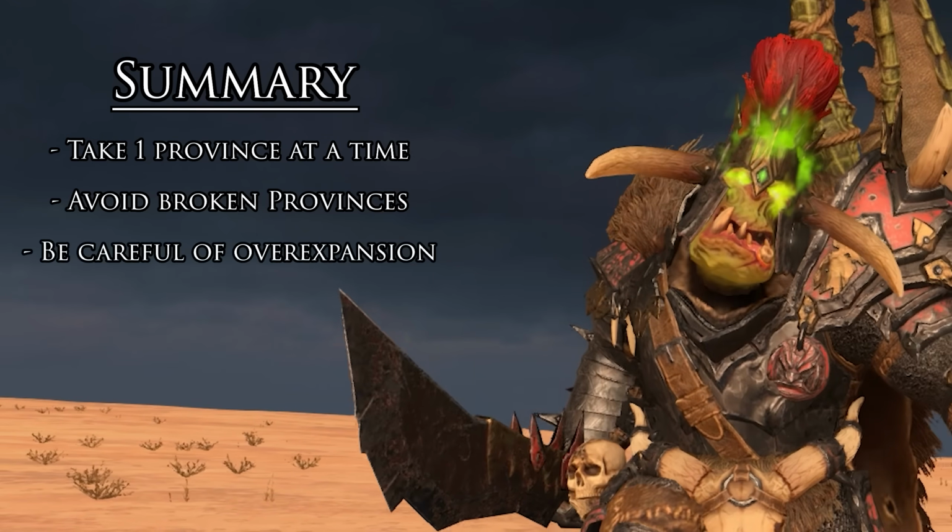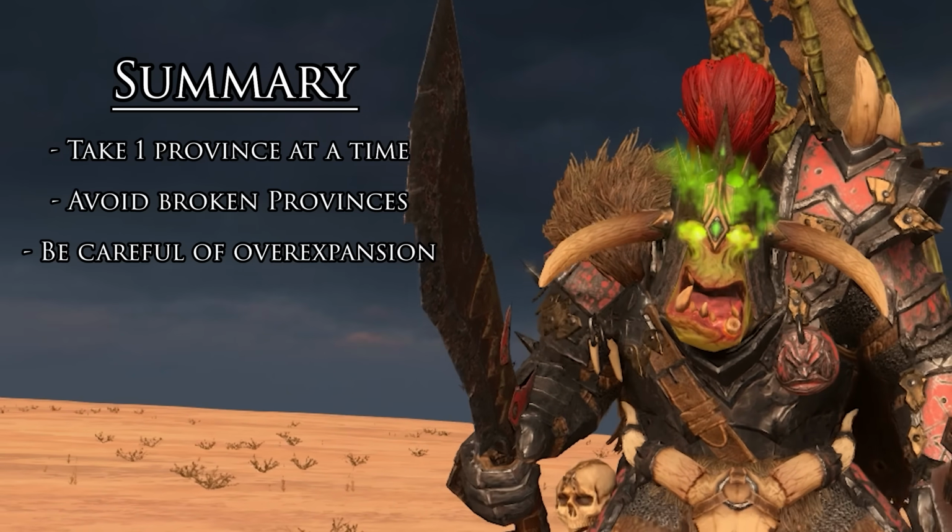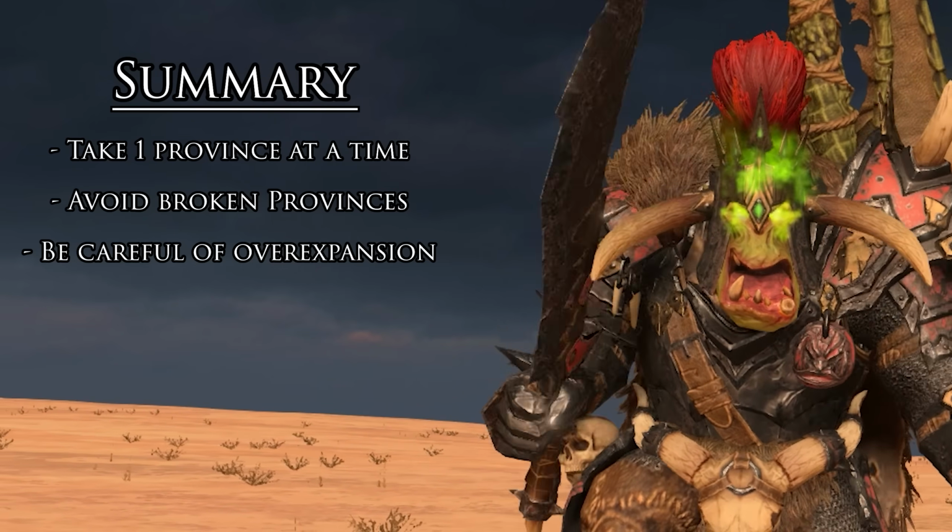And lastly, be careful of overexpansion. Don't take stuff too quickly, you'll find that you won't be able to maintain it very well, and you possibly might lose the settlements to other